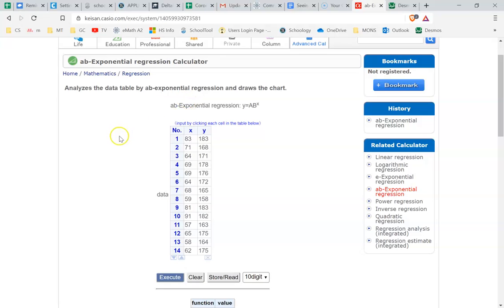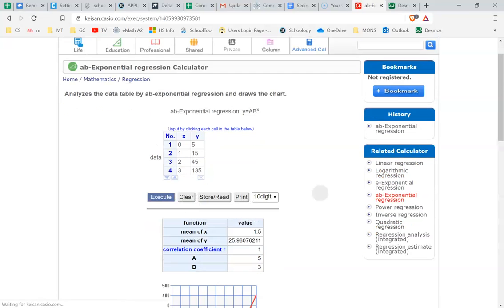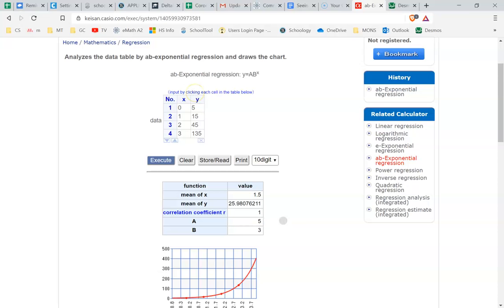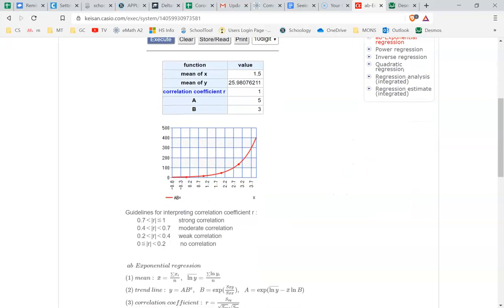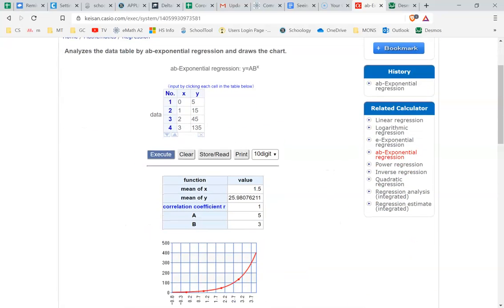Here's one from Casio that's pretty great. You just clear out these values, you put in your data. And then you hit execute. And this is what we're really interested in here, these A and B values. We get the graph and a lot of advanced statistical information, but that's what we really want to confirm, that our A and B values are correct, and they sure are. So moving on,